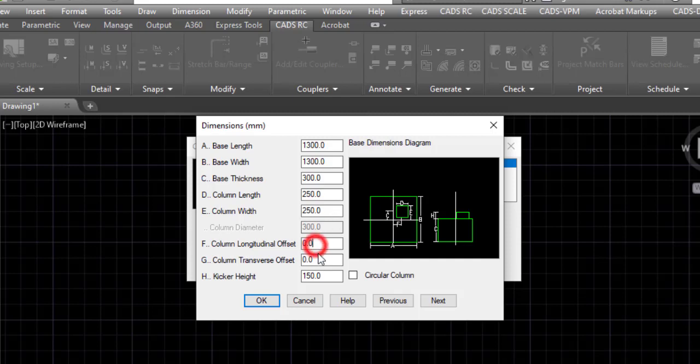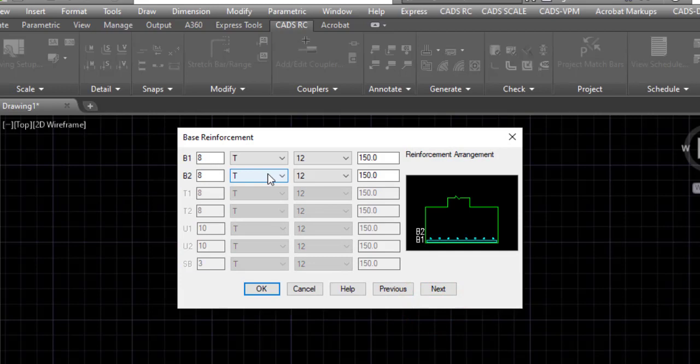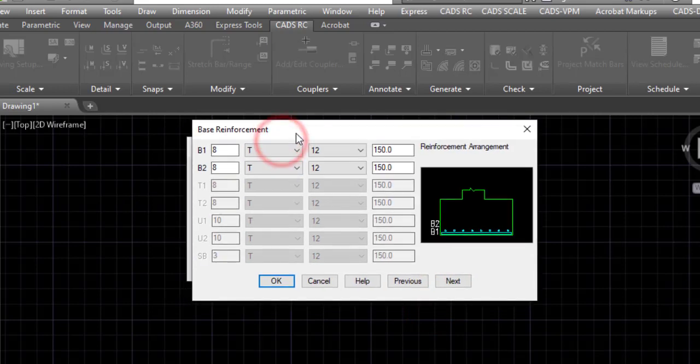And then for the offset, let the offset be 0. Now the height of the kicker is not that important, so whatever you fix here is not a problem, but just make sure it is adequate, because that is what you will eventually use to make the alignment for the column in the upper stories. So I'll just fix this to 75. Personally, I use 75. That is 3 inches. It is enough. Now you click on next,